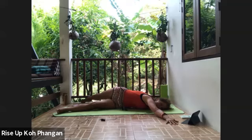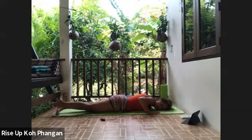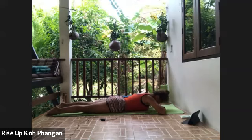Final couple of breaths. And place the right hand next to your face and with control, slowly bring the right leg next to the left. And then bring both hands underneath the forehead, one on top of the other, and rest the forehead on them. And wiggle your hips,